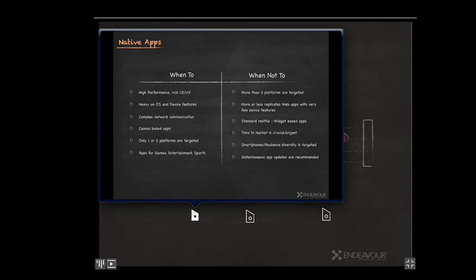Again, one of the important things you also noticed in the cost comparison slide: when you have one or two platforms, that is when you can think of native. When you have 5 or 6 platforms, native applications are going to be very costly, so you had better be worried about it. The bottom line is native applications are ideal when you need high security and performance, such as healthcare apps, games, or sports. Whenever you do not have these requirements, think about hybrid and web applications.